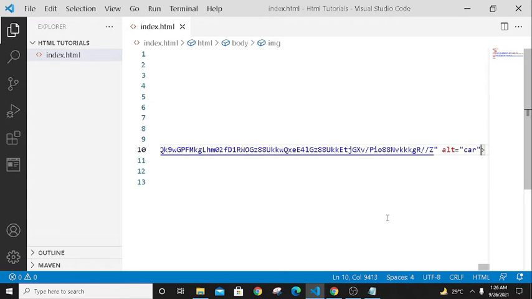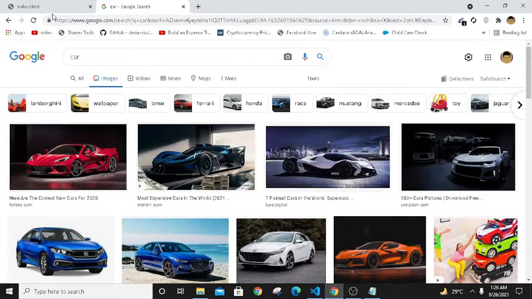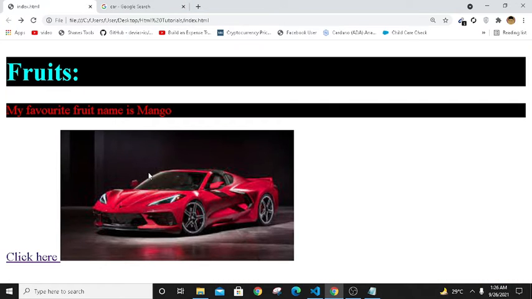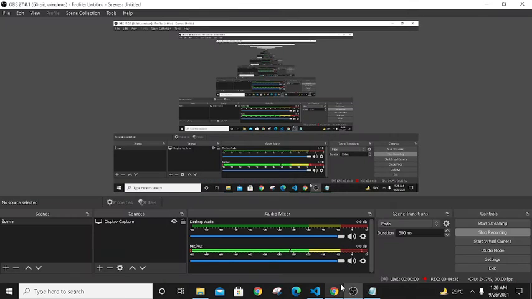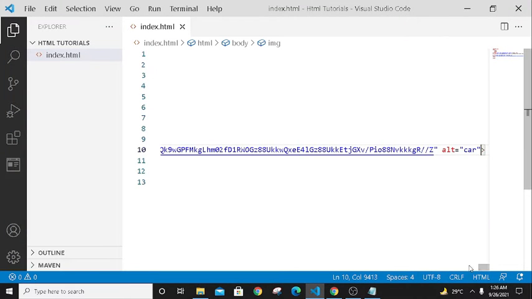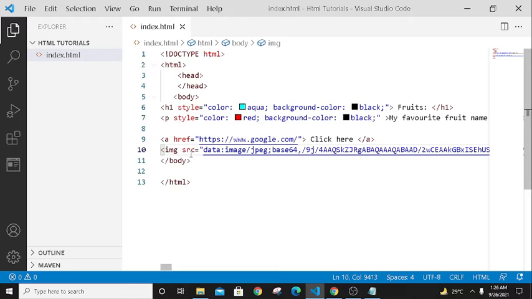So Control S and refreshing the browser. Wow, a new car appears. As you can see, a car appears. Now you can resize it according to your requirements. Like I will resize it for you.